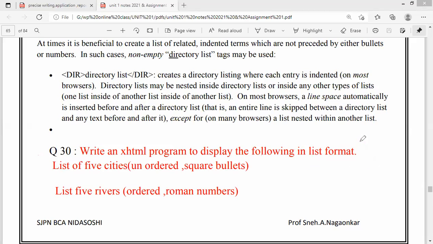We have to do one list. We have to try to display everything in the form of list. So we want two lists here. One is the list of 5 cities. I want to display a list of 5 cities, right? So you can take any 5 cities of your choice. So what are these list of 5 cities? These 5 cities are nothing but what? The list items, right? So which falls into LI because we want these 5 cities to be listed down into the list. So that is the reason these 5 cities fall into your LI tag, right?